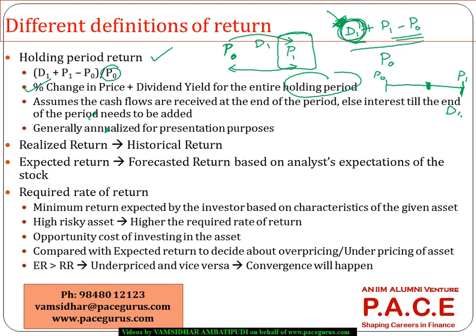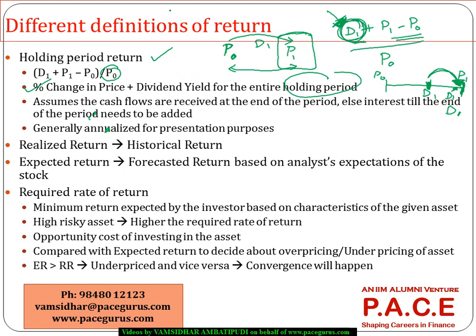The formula is assuming that D1 as a cash flow is coming on this day. But if D1 is a cash flow somewhere in between, it is said that try finding out a modified D1 as of this date by including the interest for this period. Find out the interest for that period on D1. So probably call it D1 star,